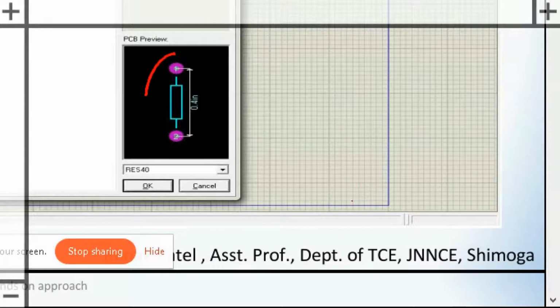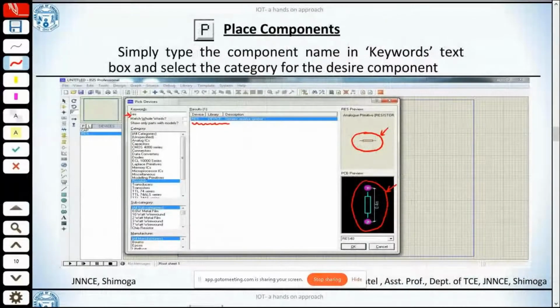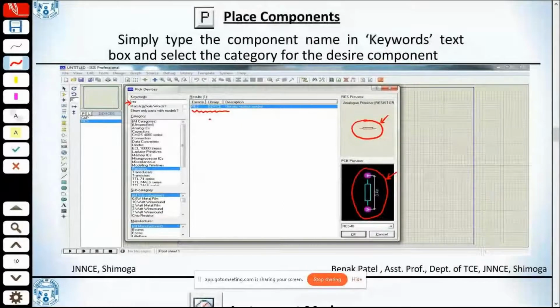So right after schematic capture and simulation, if we are trying to design the PCB, we can also have this PCB preview over here, wherein we can get to know its actual dimensions and all. So after selecting this resistor, all I got to do is press OK. If I need that component, all I got to do is tap on this OK.